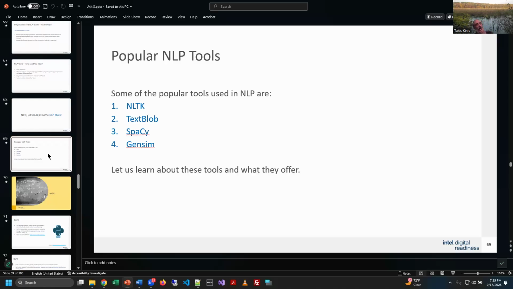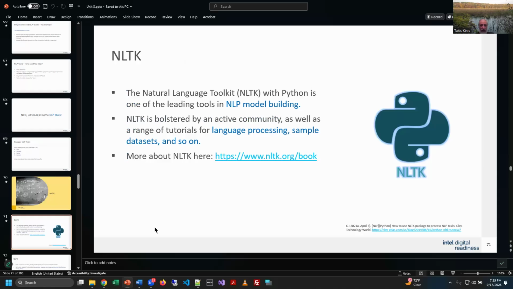I'm thinking of an example here because recently we had an internet outage here, and I went to the Spectrum website, and their bot said something like, please explain the nature of your problem so I can direct you to the right answer. What is it doing? Exactly what we're talking about, right? Focusing us down topic-wise. Some of the real popular NLP tools are NLTK, the Natural Language Toolkit, a tool called TextBlob, another one called spaCy, and then there's Gensim. So we're going to start looking at each one of these and break it down.